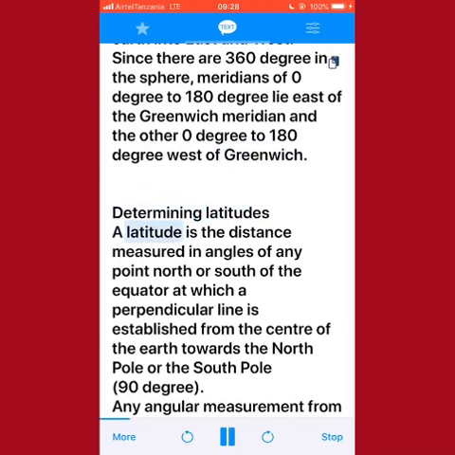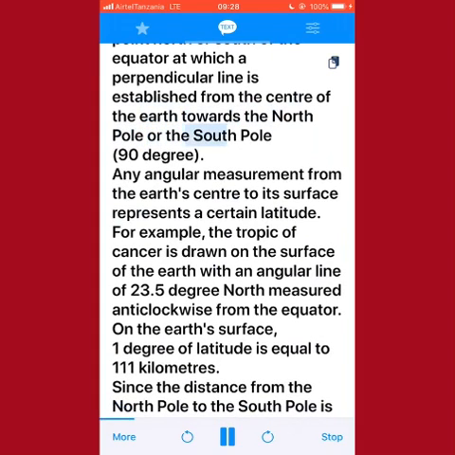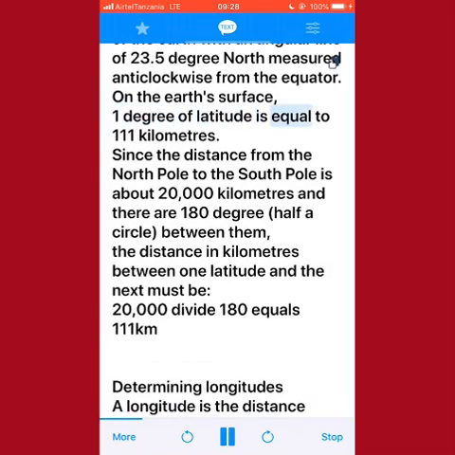Determining latitudes. A latitude is the distance measured in angles of any point north or south of the equator at which a perpendicular line is established from the center of the Earth towards the North Pole or the South Pole, 90°. Any angular measurement from the Earth's center to its surface represents a certain latitude. For example, the Tropic of Cancer is drawn on the surface of the Earth with an angular line of 23.5° north measured anticlockwise from the equator. On the Earth's surface, 1 degree of latitude is equal to 111 kilometers. Since the distance from the North Pole to the South Pole is about 20,000 kilometers and there are 180°, half a circle, between them, the distance in kilometers between one latitude and the next must be 20,000 divide 180 equals